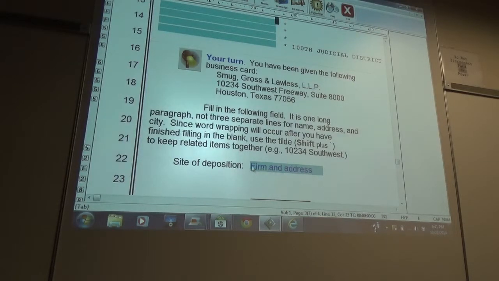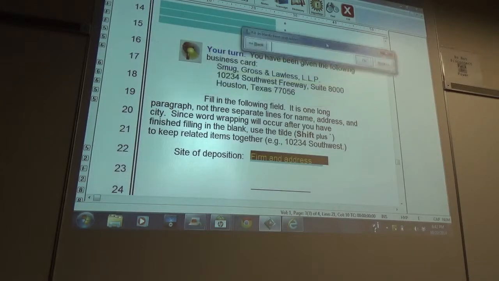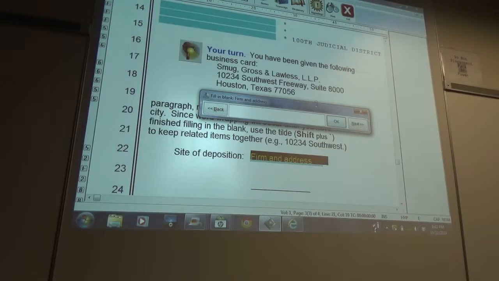Since word wrapping will occur after you have finished filling in the blank, use the tilde, which is the shift plus the tilde, to keep related items together, i.e. address, name, city and state. Okay, so you're here. Let's see what we have. It needs to come down further. So it's going to be